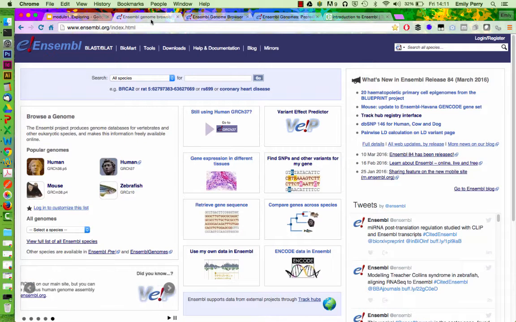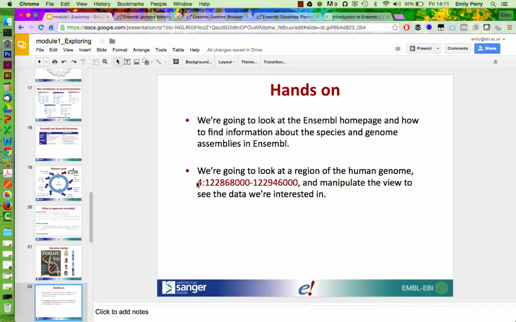So I'm going to go back to the main browser at ensembl.org, and now I'm going to search for a region and show you the region in detail view. So I'm just going to hop back to my presentation briefly, because we're going to use the search boxes now. Now the search boxes in Ensembl are really flexible. You can put pretty much anything into them. You can put gene names, GO terms, phenotypes. If you see a word or a phrase that you don't understand, you can put that in and it will search our help and documentation, things like our glossary and our FAQs as well.